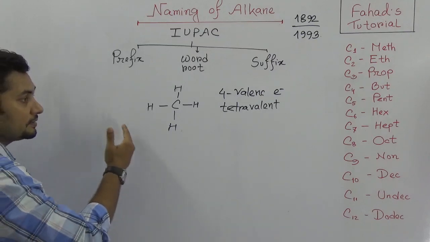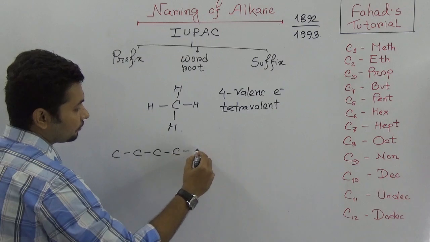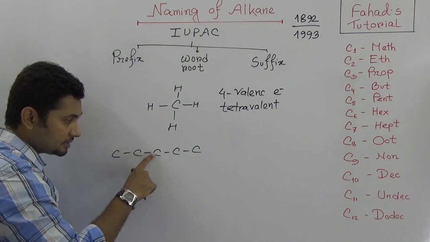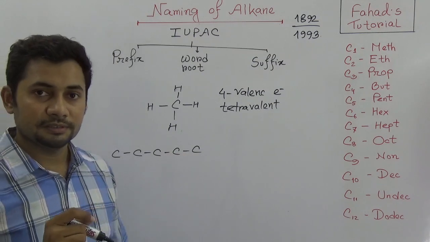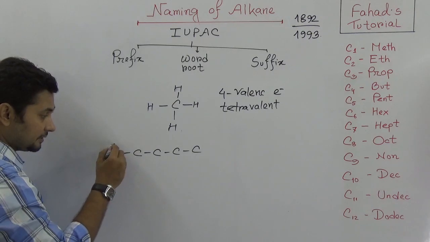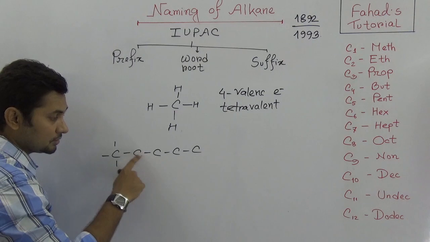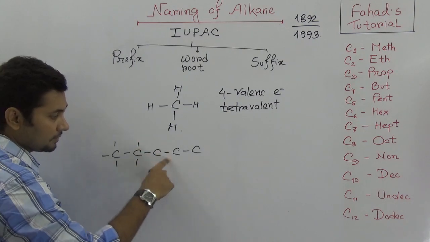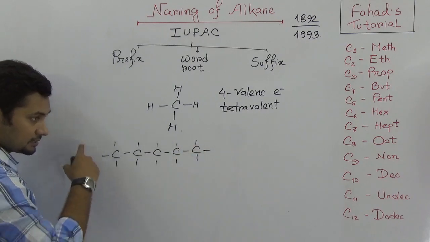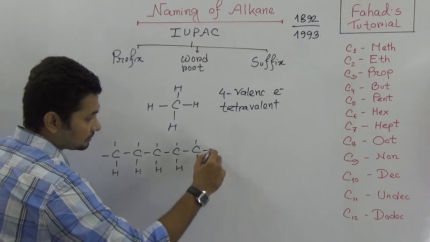So we know that there is another carbon like this, 1, 2, 3, 4, 5. Suppose there are 5 carbons, and all these bonds are sigma bonds. You know that sigma bond. So on the other side, what will happen? It has 4 valence electrons. So if we arrange it so that every time there is hydrogen in each position,